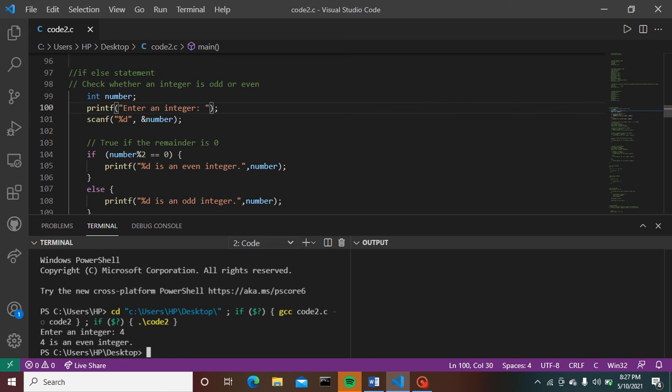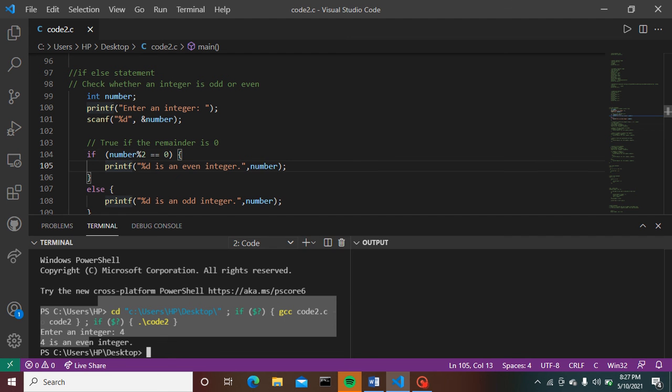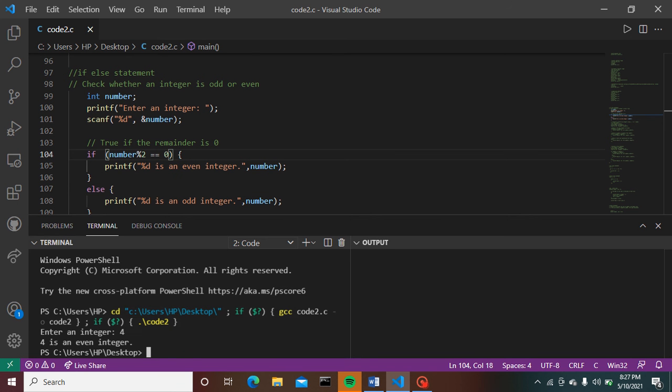Why is it so? Here I have provided an if condition, where if number %2 is equal to 0, that is if 4 modulus 2 is equal to 0, that is when 4 is divided by 2 and the remainder is 0, the printf statement executes as the condition of the if statement is true.